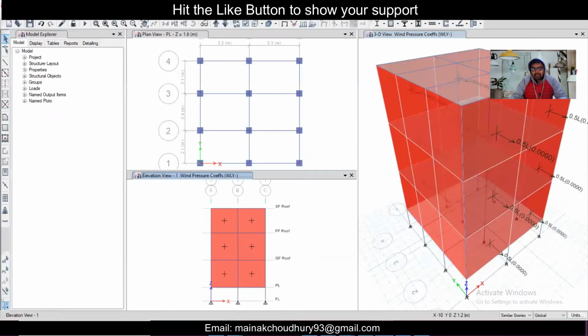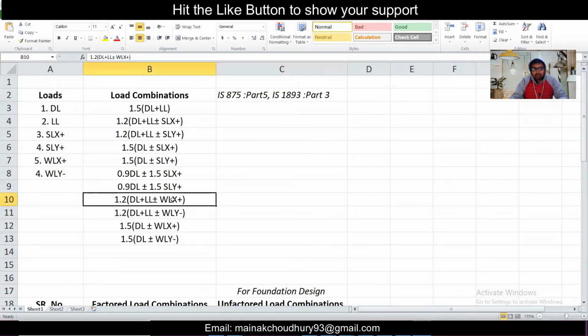So I have listed down all these standard load combinations. We have already applied dead load, live load, seismic load, and wind load in ETABS. If we were to make these combinations, these are the standard combinations. That is 1.5 dead load plus or minus live load. And if you're using three loads, 1.2 dead load plus live load plus or minus seismic load in X direction, and then plus or minus seismic load in Y direction.